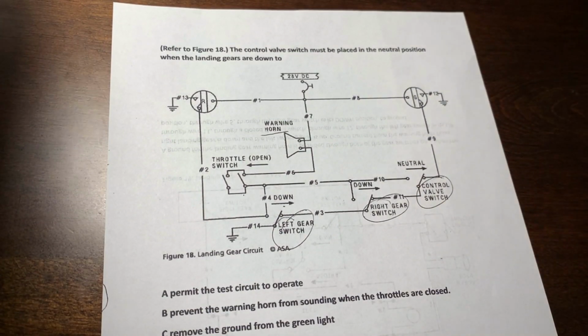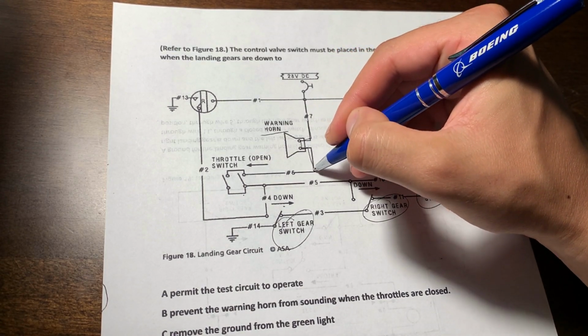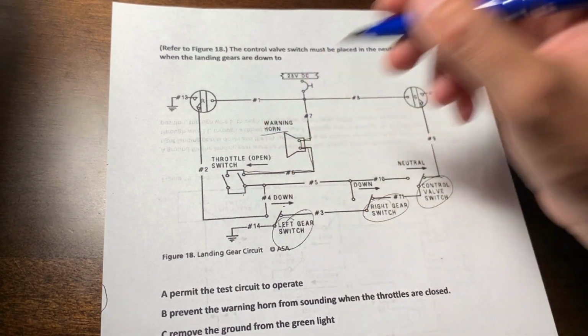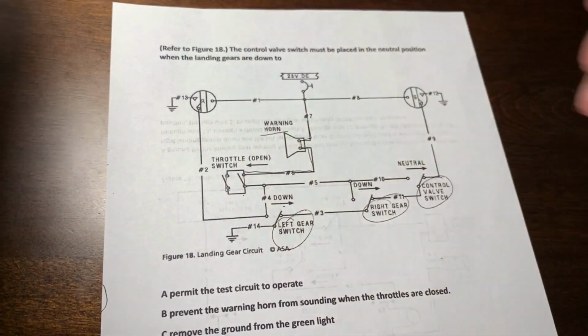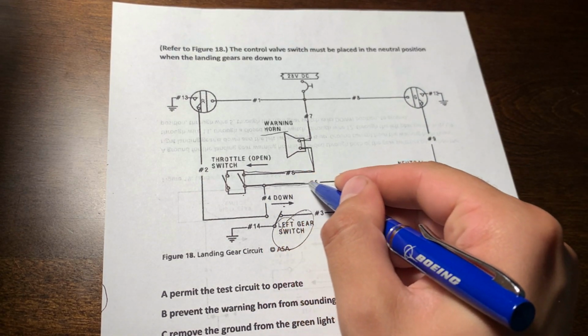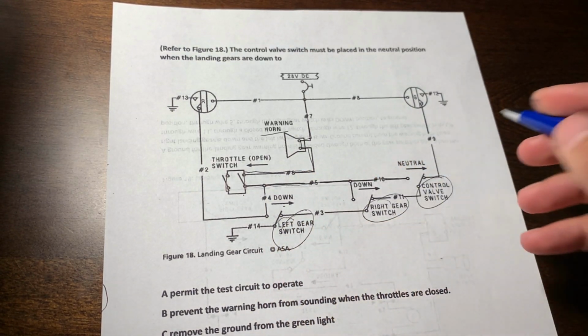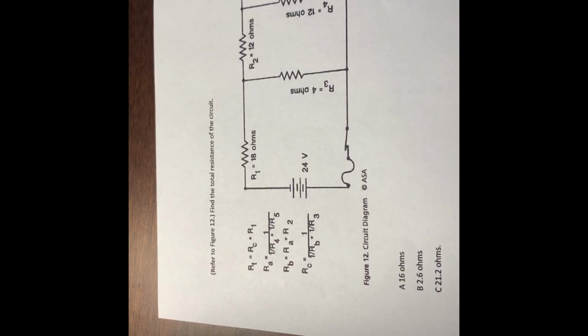So we could trace that out. There's power coming from the bus going through the horn. If the throttles are closed, that would allow the current to go through here, go through wire 5, 10. So if the control valve is not in the neutral,